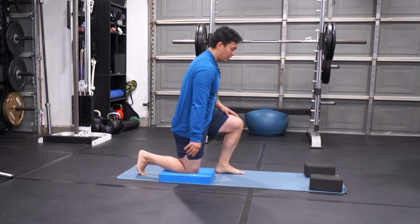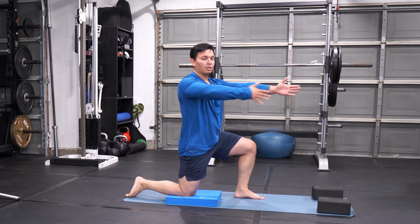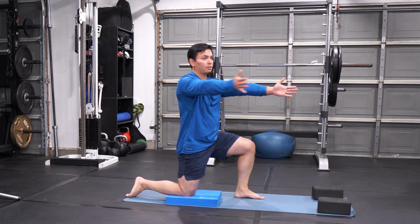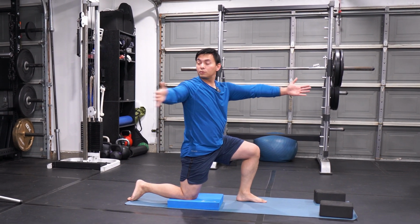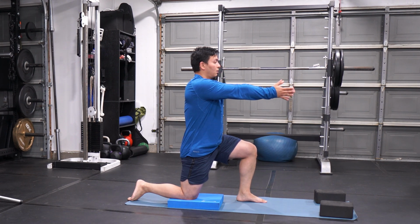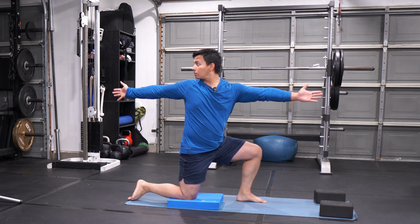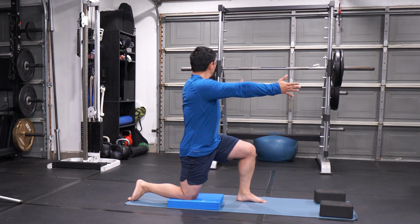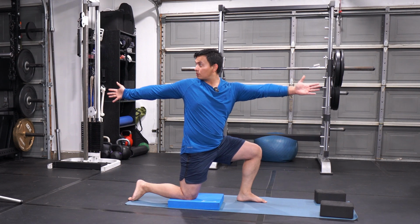I'm going to keep that guy here. Okay, now the other side. 1, 1, 2, 2, 3, 3. Suck your stomach in. Squeeze the squat. 4,